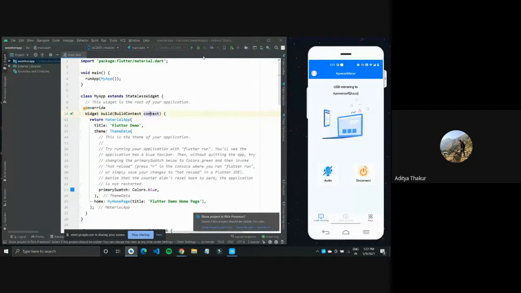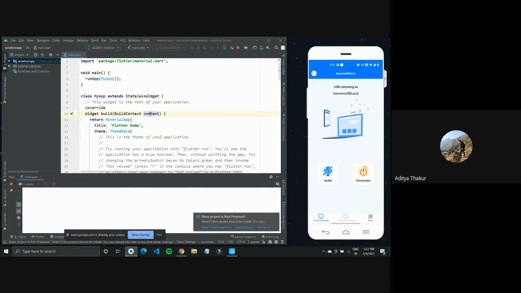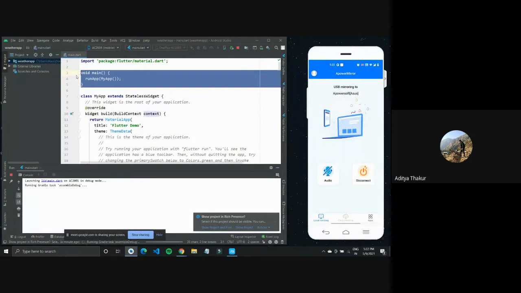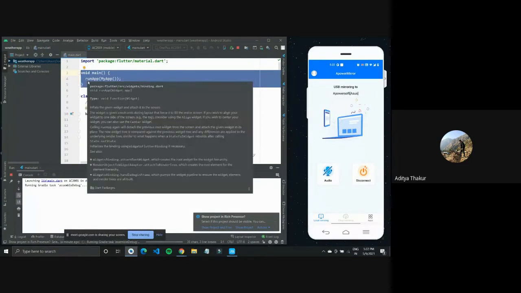So I'll go over to the green button and click on run. It should take some time to build. Till this happens, I'll take this time to go over again the code that we have from yesterday's session. So we have the main function. That is the first function to get the control. As in, whenever you run your application, the control goes over to the main function.